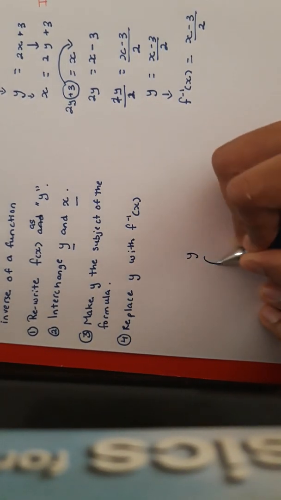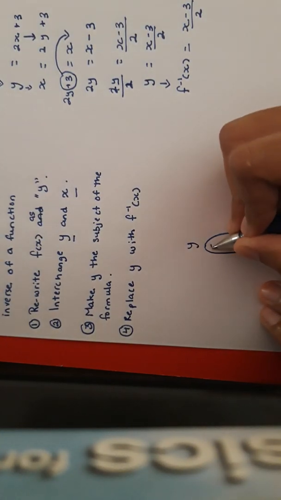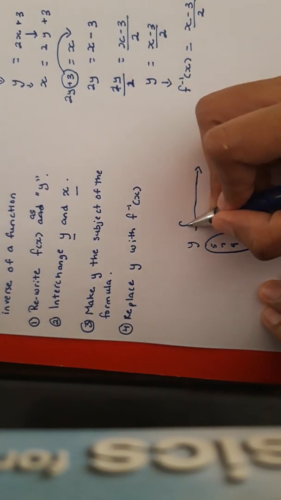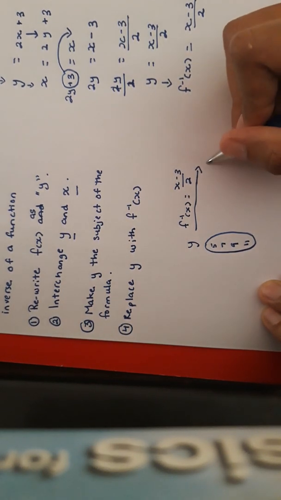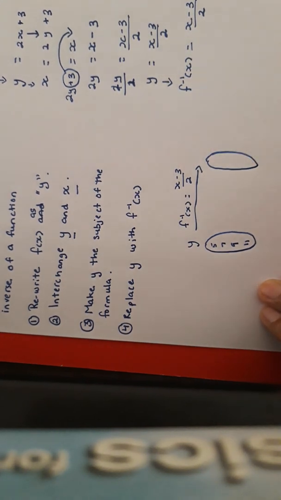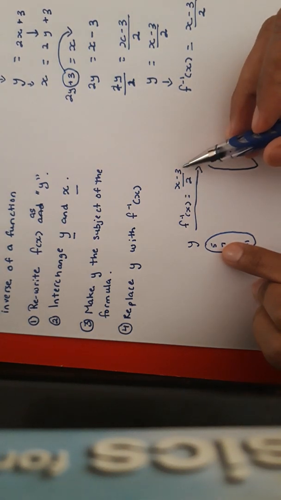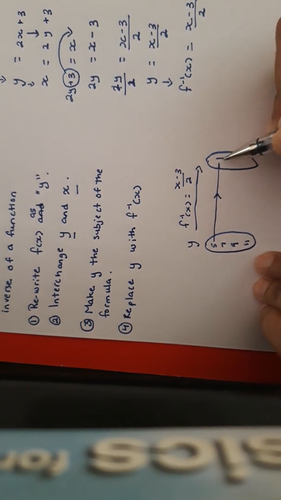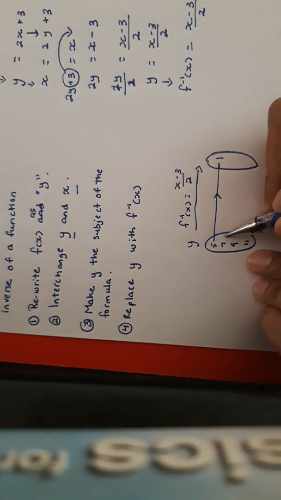So our range values were, and we're just going to look up on top again, they were 5, 7, 9, and 11. And our inverse function now is f inverse of x is equal to x minus 3 all over 2. Let's see if we get back 1, 2, 3, and 4. When we put 5 into this function here, it becomes 5 subtract 3, which is 2. 2 all over 2 is 1. When we put 7 into the function, it becomes 7 take away 3, which is 4. 4 on 2 is